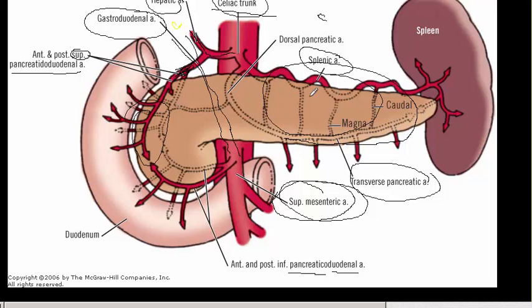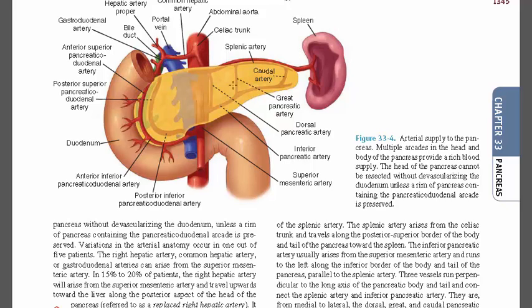Okay, so the splenic artery will give these branches that, with the transverse pancreatic artery, will supply the body and the tail of the pancreas. And this is another photo from Schwartz that shows that we have the splenic artery, and the parallel branches of it: the dorsal pancreatic artery, the great pancreatic artery, and the caudal pancreatic artery. They will anastomose with the dorsal pancreatic, and okay, sometimes we have in some books the inferior pancreatic artery, which